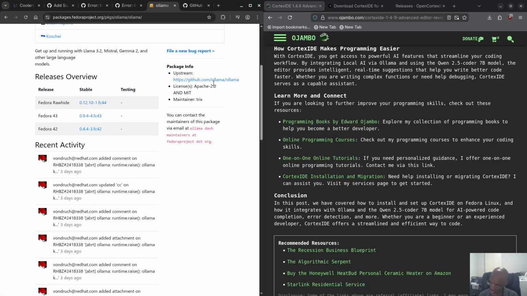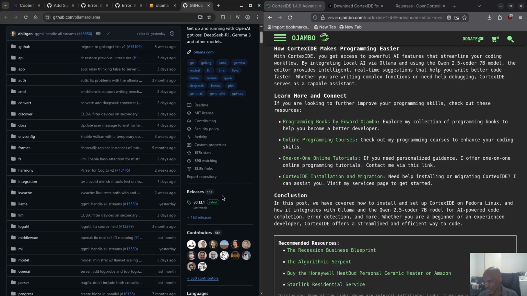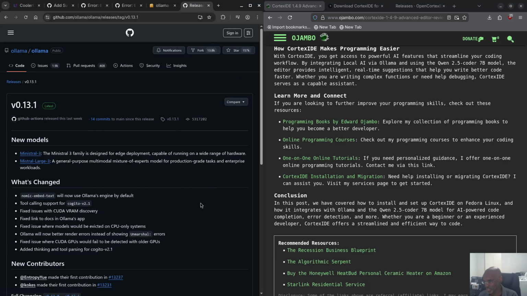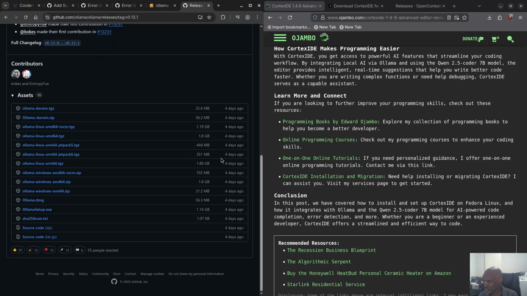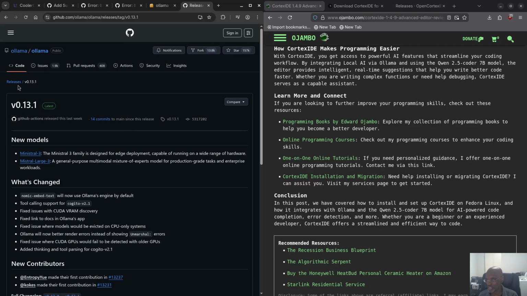So I went to the upstream here, I clicked the link here, went to Ollama, and look at the version, it's 0.13, right? So if I click here, see it's 0.13. This one, when this one came out, does it say 4 days ago? 4 days might be a little bit too early, but I was thinking, okay, if we go to all